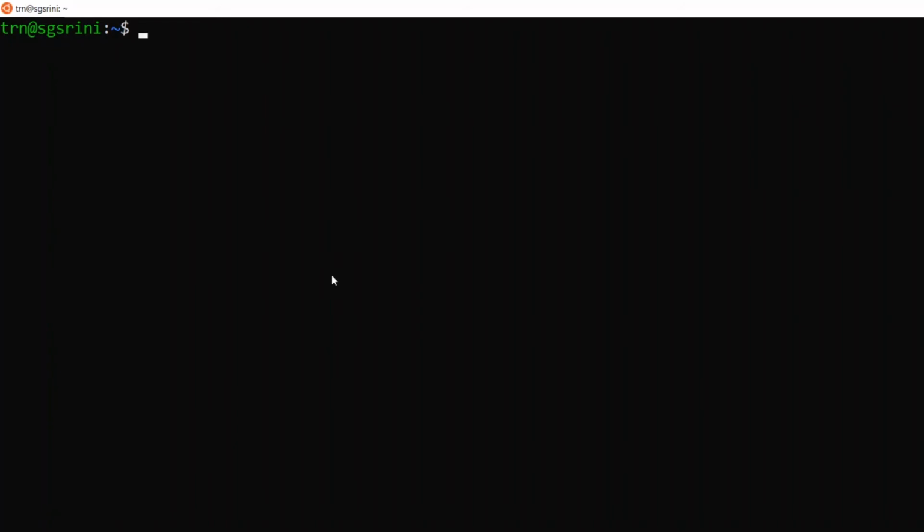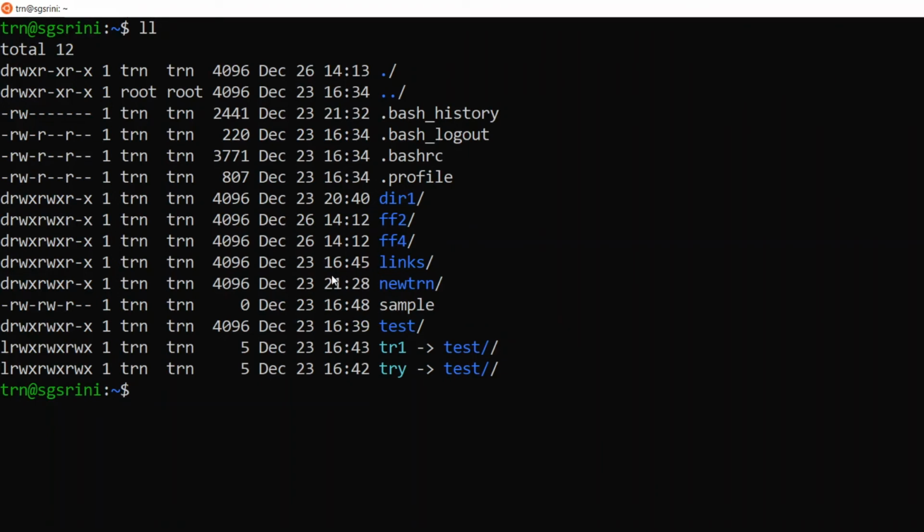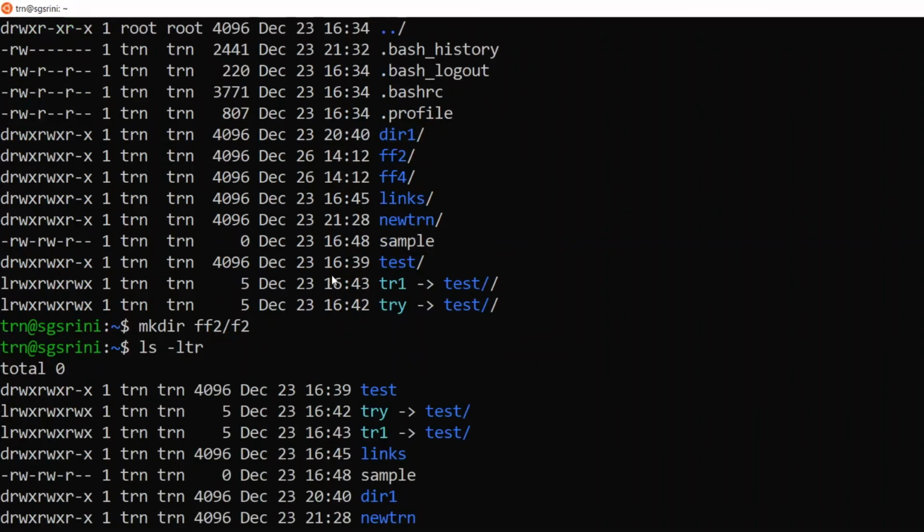Now let's see what the minus f option is. Let me create a folder ff2 slash f2. Now I would like to delete the ff2 folder. So what I can do is give minus f.